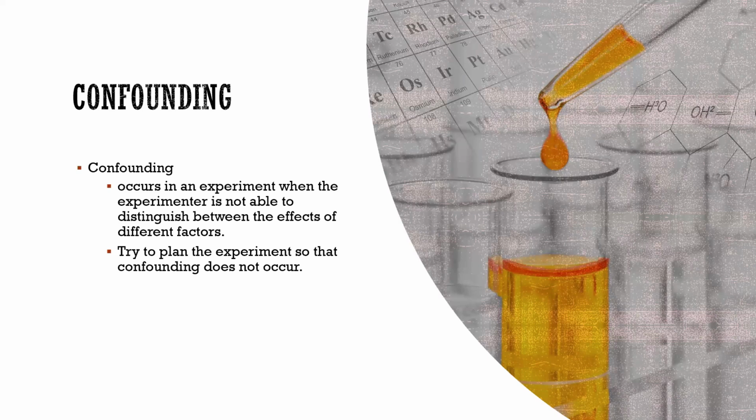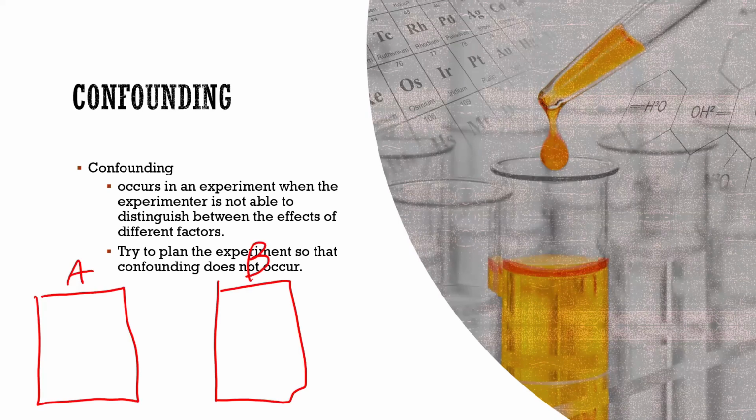So the best way to avoid confounding is to have two groups, group A and group B. You want to make group A and group B like two jars of peanut butter from the store. They're the same, but you do something to one and you don't do it to the other one. Now, peanut butter might not be a great analogy, because people are all different kinds. So think more like